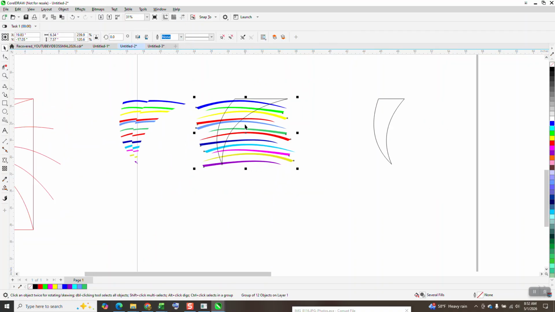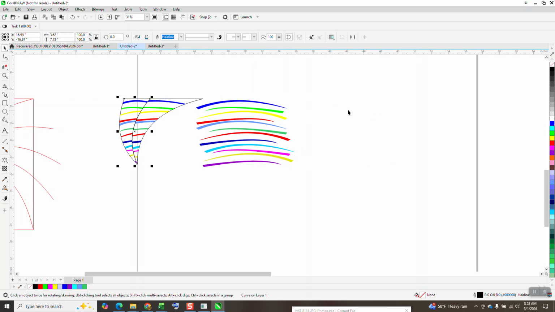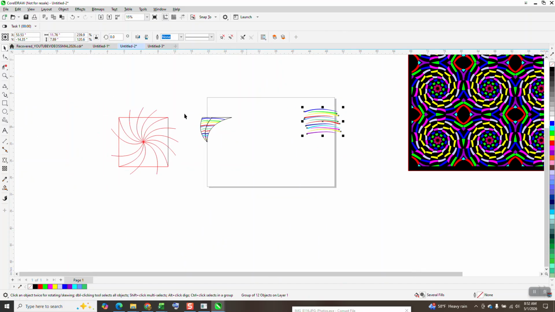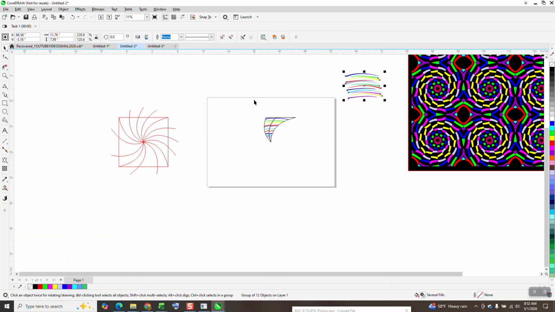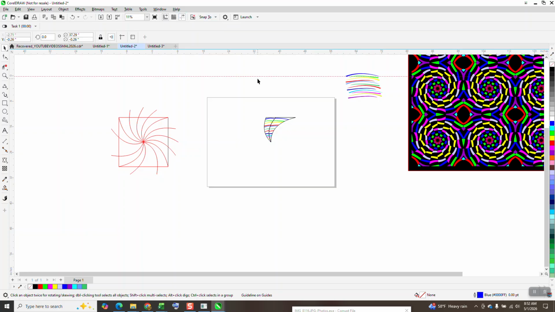Maybe not the best way to do it, but you know what? I'm going to keep these lines, and let's move it. Let's nudge them over, and see I can nudge it right back. We'll go ahead and move this out of the way. Now I need to move this to the center of the page, and hopefully I didn't mess up. And we can always bring in indexing lines. Turn on your indexing lines and hit P, and you can see that it's still in the center of the